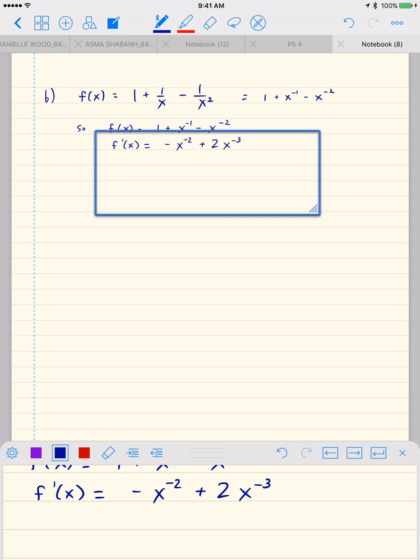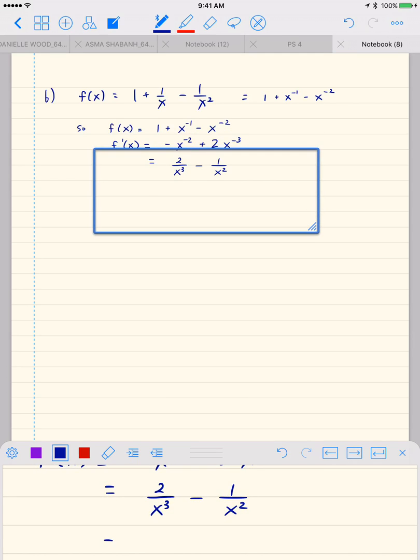And so I know that I'm going to need to perform a sign analysis. So let me go ahead and rewrite this as 2 over x cubed minus 1 over x squared, right? Which now I'm going to combine so that I can have a product of terms. So I'll have 2 minus x over